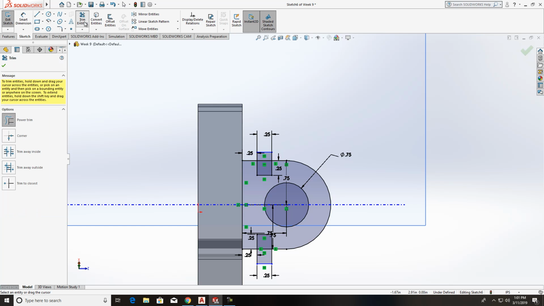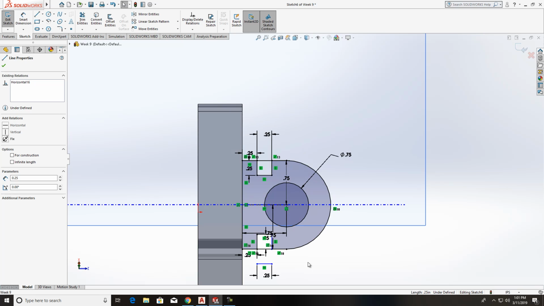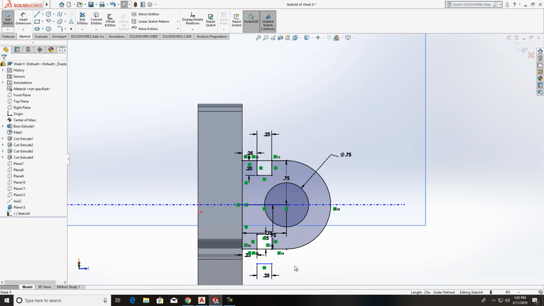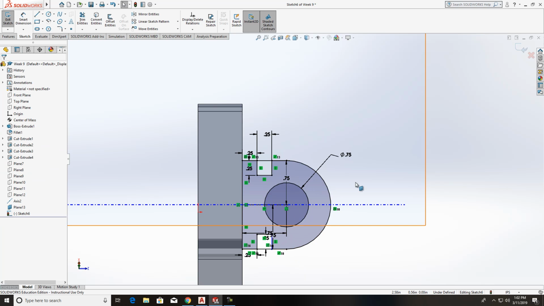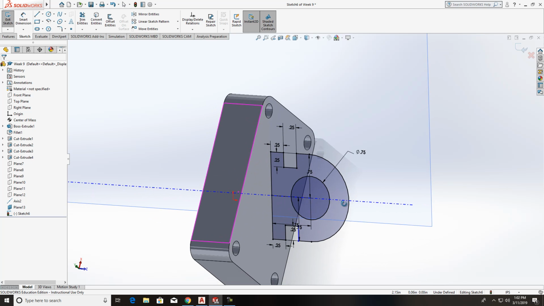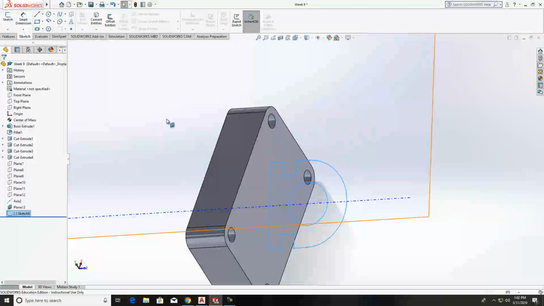Now we'll do a trim, and we'll use the power trim, so much easier. Come in there and do that, then come out here and grab that. And we'll do another power trim, then we'll do another power trim right there. And then we'll get rid of this. Try and grab that and delete it out. And it looks like about to that point there, we can go into exit sketch, and we can go ahead